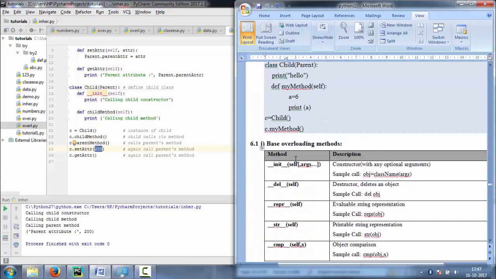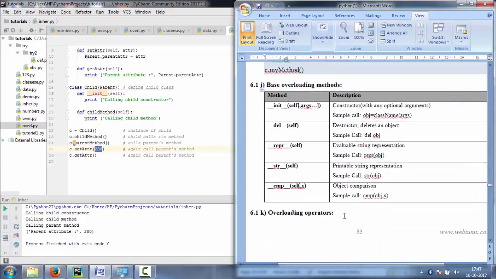And there are base overloading methods: __init__, __del__, used for the destructor to delete an object, and __repr__, which gives a string representation of an object. Next, __str__, a printable string representation, and __cmp__, used for object comparison, to compare both objects with each other.